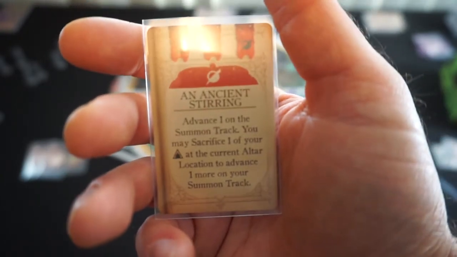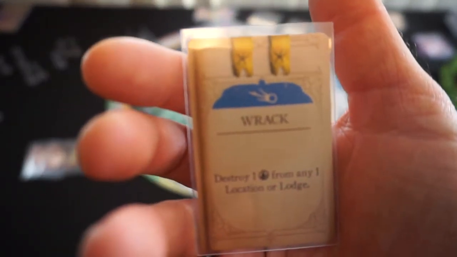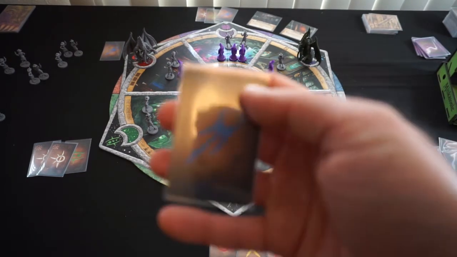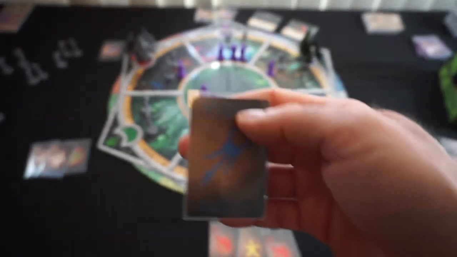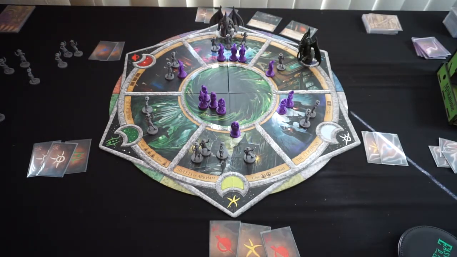You may sacrifice one of your cultists at the current altar location to advance another one on the track. And then on a blue, rack which takes 2 yellow. Destroy one cultist from any one location or lodge. And that is at start of turn. Okay, so the investigators will now try to move to the museum from the library, except they can't because we're there already. So they move to the other worlds instead, and Yig picks up his 3rd curse, which is a bit of a problem, but